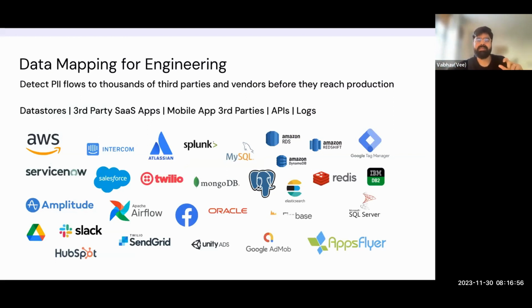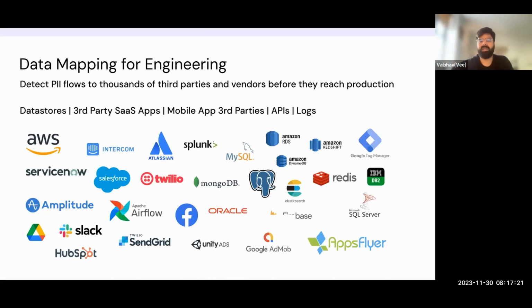But the interesting piece is we just need one integration. We just connect with your source code. That takes 5 to 10 minutes. And then we scan it and build all of this data map. Whereas traditional tools require connection with every tool, and every connection takes a week or two weeks or an engineering sprint. A technology like Privado, a privacy code scanner, does not need that. We can go live in 5 minutes and give you data flows for all of these apps, all of these